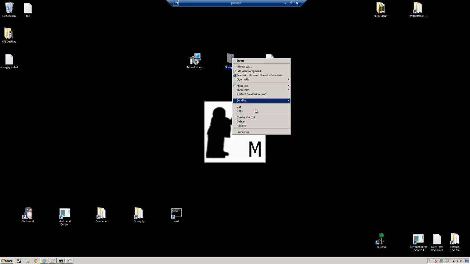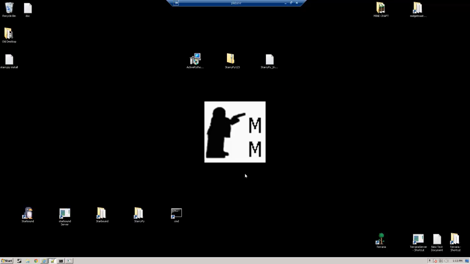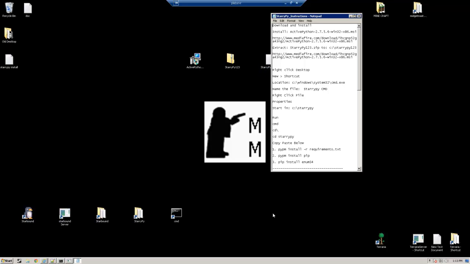Where I want you to do that though is in the C drive, but just STARRYPY. So C:\STARRYPY. Go ahead and extract that there. Next thing you're going to do is open up the STARRYPY instructions. And once we have the STARRYPY instructions up, we're going to go ahead and move on to the actual installation